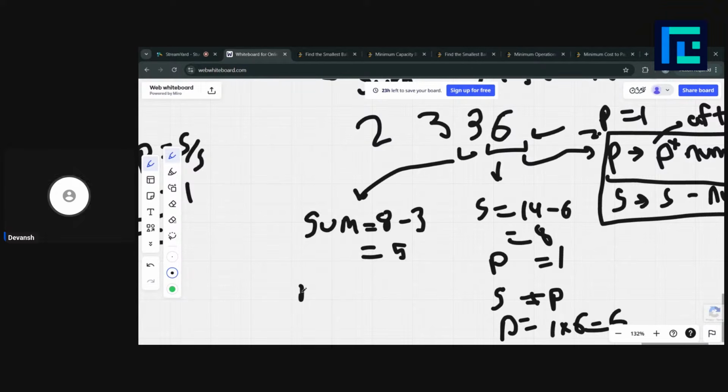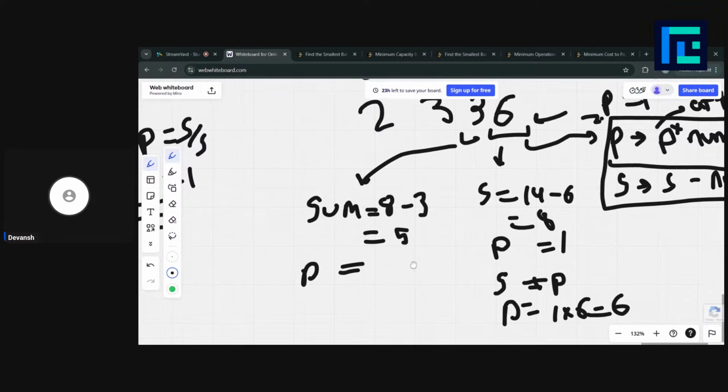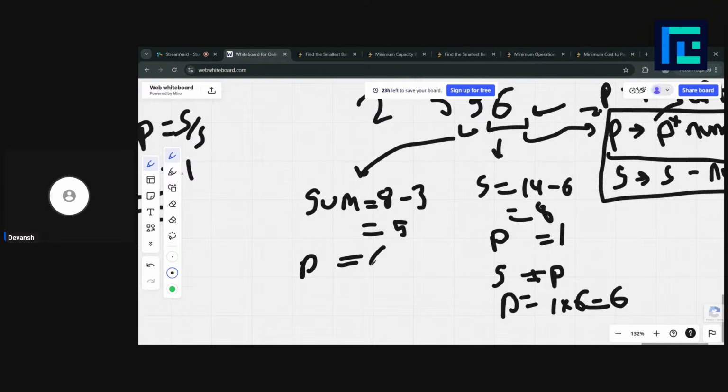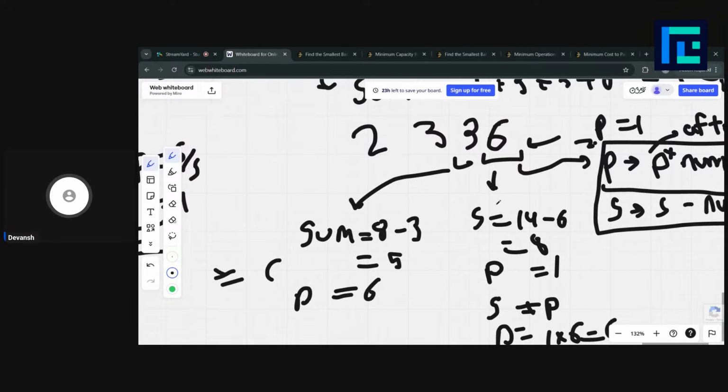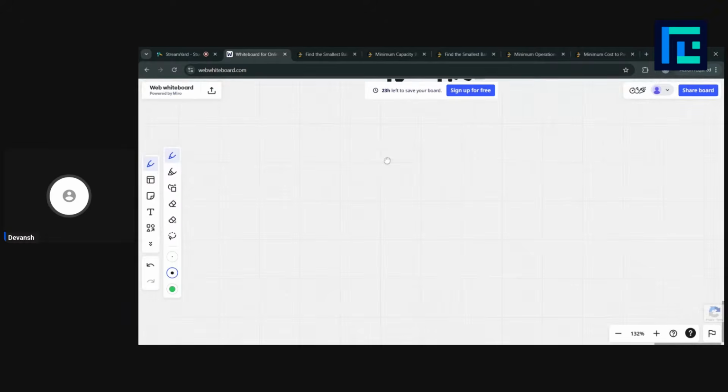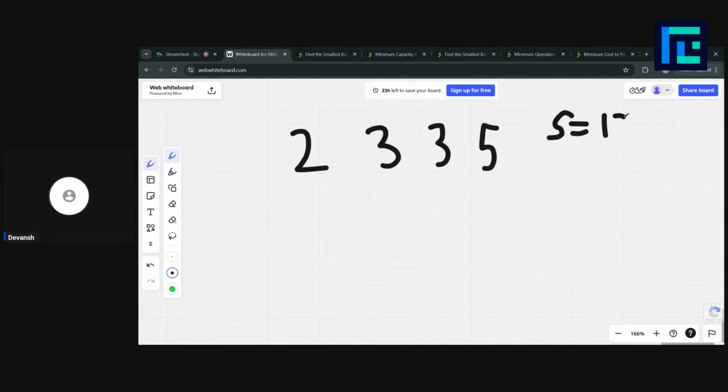And then we'll check our product. Product would be equal to 6. Are they equal? No. In this example, they are not equal. But let's say we had this example: 2, 3, 3, and 5. Now, our total sum is equal to 13, right? It is the sum of all elements,